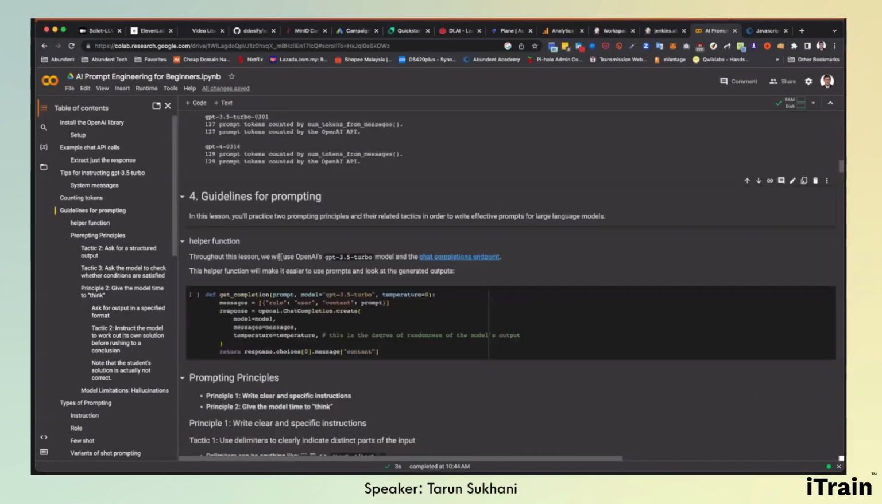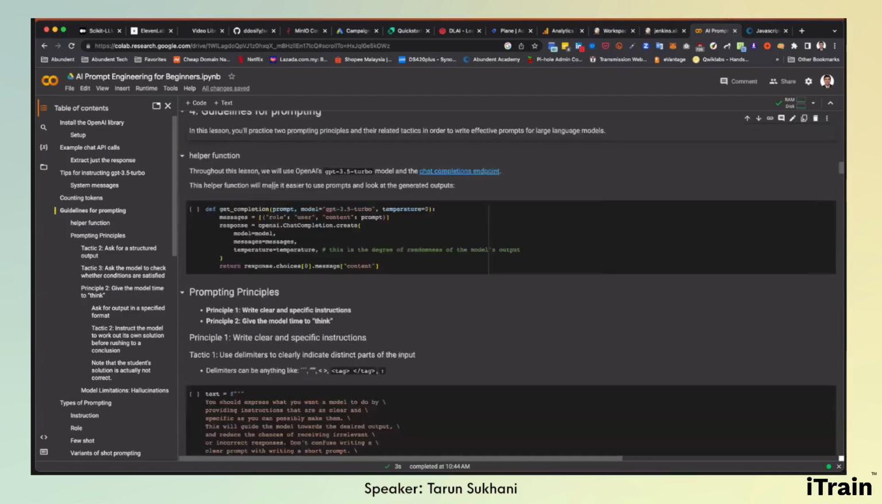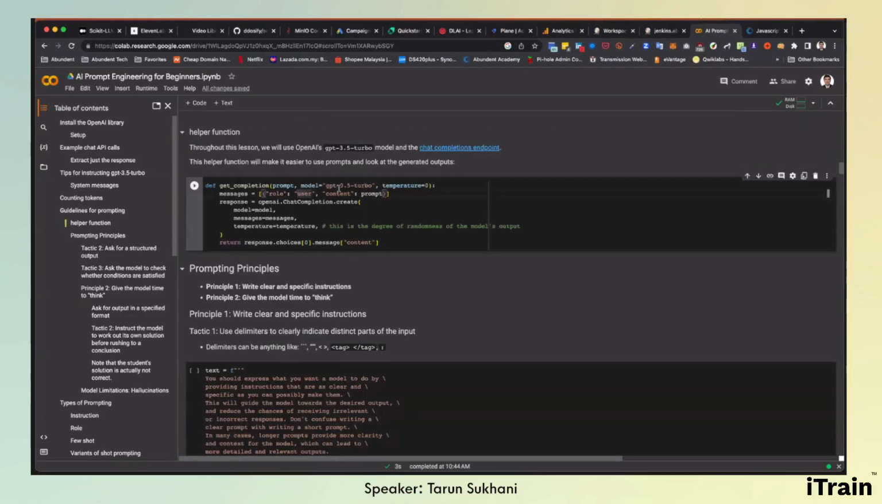Yeah, so let's move on to the guidelines for prompting. Okay, we'll talk about the 2 prompting principles and the related tactics in order to write more effective prompts. Okay, we'll be using GPT 3.5 Turbo. Okay, and what I'm going to do is I'm going to create a function, right, that will take in my prompt, use this GPT 3.5 model all the time, and use a